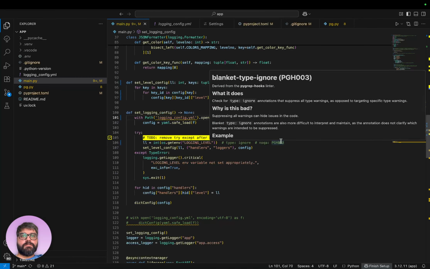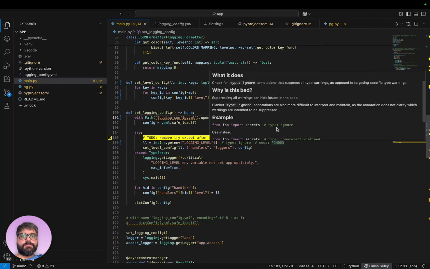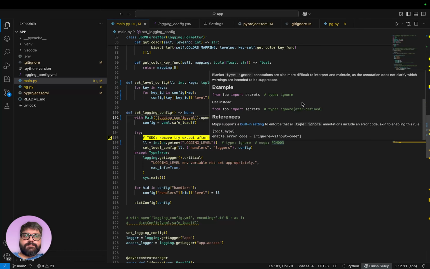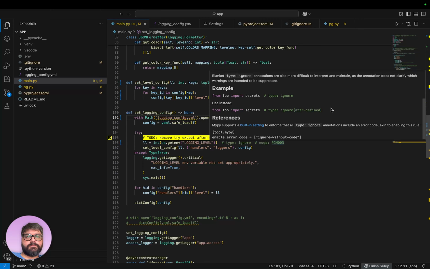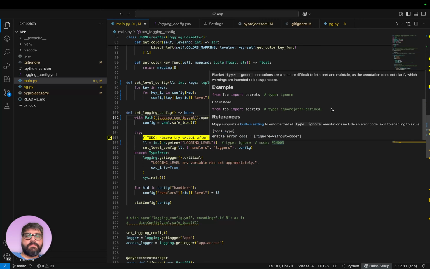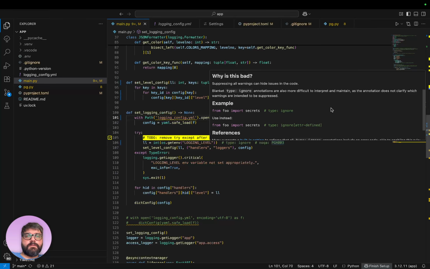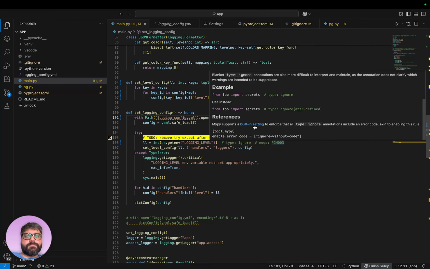PGH003: type ignore annotations that suppress all type warnings. So as opposed to targeting specific type warnings, why is this bad? Type ignore attr defined. MyPy supports built-in string first.